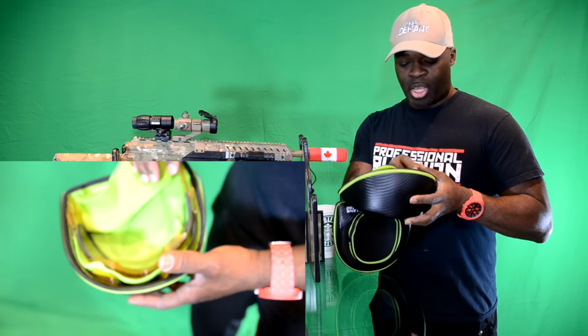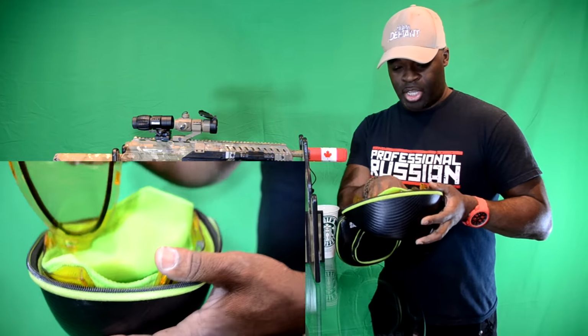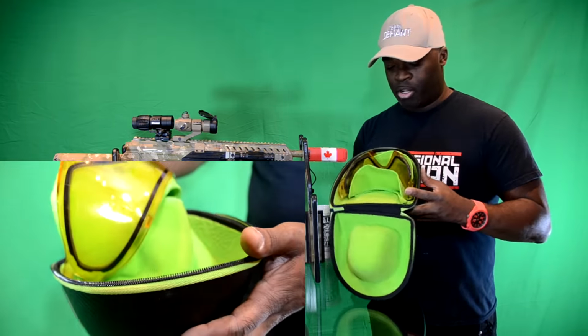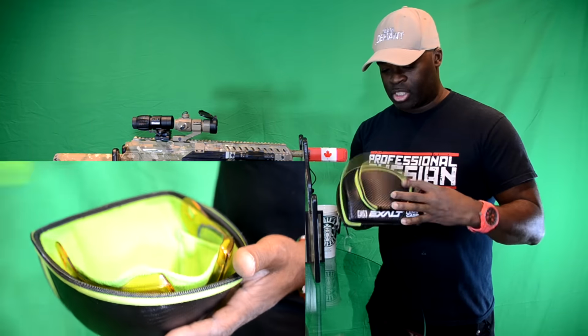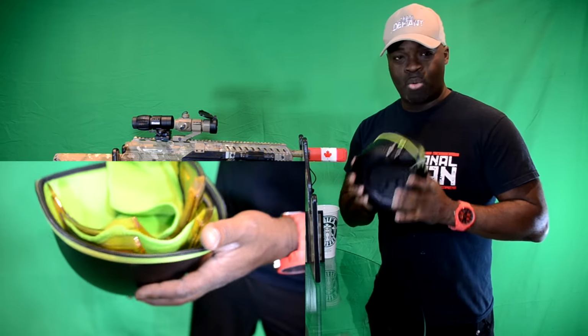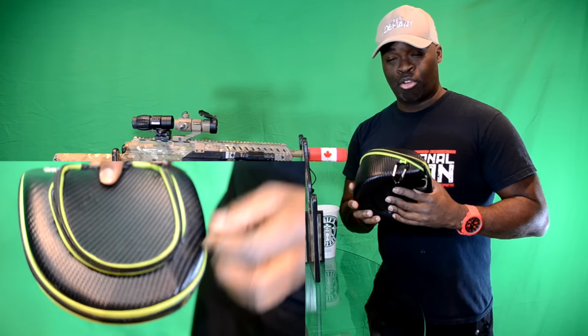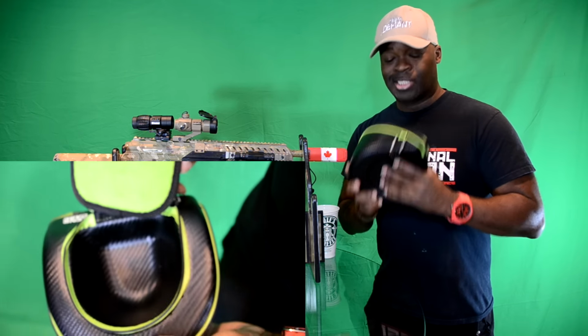If you didn't see before, it keeps my lenses scratch free. I can fit 3 lenses in here. And if you see me play, you know I play in numerous different styles of lenses for my Dye 4s. And I don't have to worry when I throw this in my duffel bag and go on a plane and see the handlers throw my duffel bag around like they have no cares in the world,